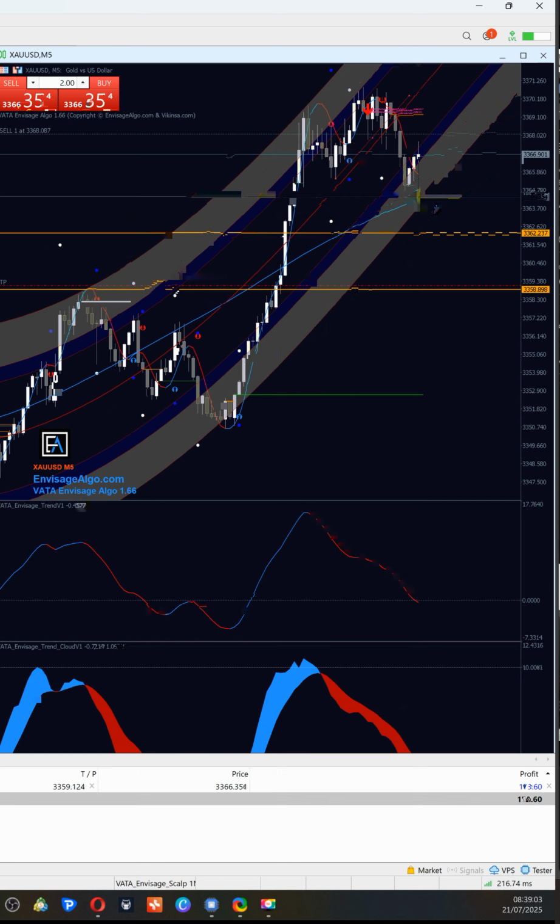And now what we can do, if the market closes like this, we can start to trail our stop loss, because if it comes slightly down, then we can start to trail the stop loss. Where are we going to put it, right? So it has to be beyond something. So we can move it to this on M4.